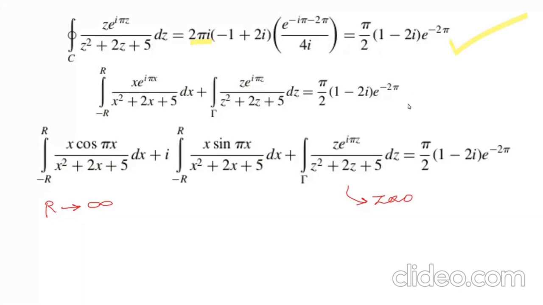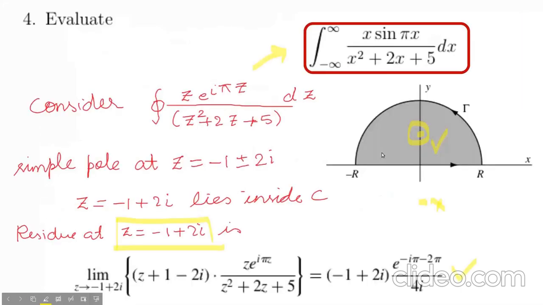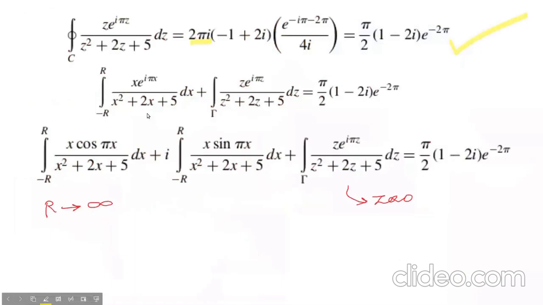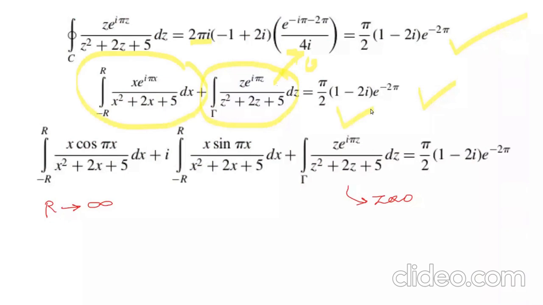If we solve this limit, actually there are two contours here. One contour is from minus r to r, and another is along this gamma. So we can write this complete integration as the sum of two separate integrations. One is for a limit varying from minus r to r, and another is for the contour gamma. And that complete integration is given by this expression. As we have already discussed in the class, this integration, if we solve, will go to 0. So this tends to 0. So actually this term is equivalent to this integration value.